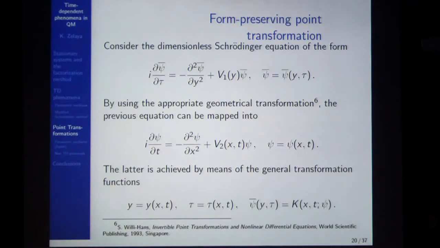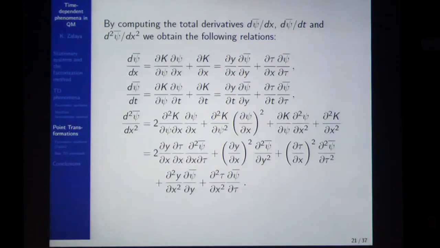So this is the main idea. By introducing this into the first equation and doing a little bit of math, it's not easy to get this final result. From here you can see this is the double derivative. From this relation, you can find a connection between the partial derivatives of psi with respect to x and those of psi bar with respect to y and tau. From here, we have to impose some conditions to remove nonlinear terms. For instance, here I will get a double derivative in time. I don't need double derivatives in time because the Schrödinger equation doesn't have them. Secondly, here